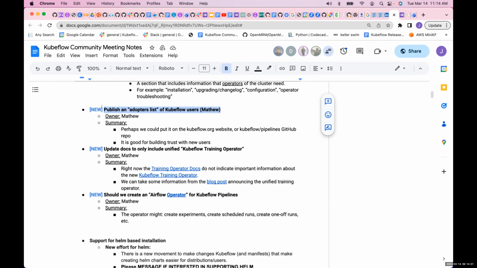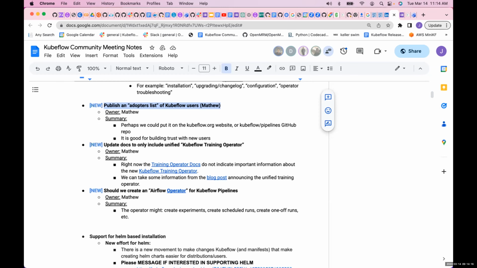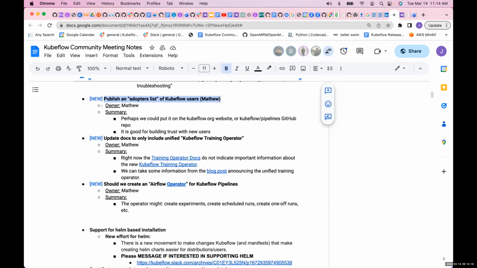Yeah, if they want to, I agree. Having them self-select and put on there, no issue. But if we were going to just put them on there, we'd need to get permission. Airflow, for example, has this, and it does get a bit overwhelming once you've got thousands of users. But the Airflow GitHub repo has an adopters file that you can just PR yourself into. We could do something similar and then maybe reflect that on the website somehow. Yeah, that's a good idea.